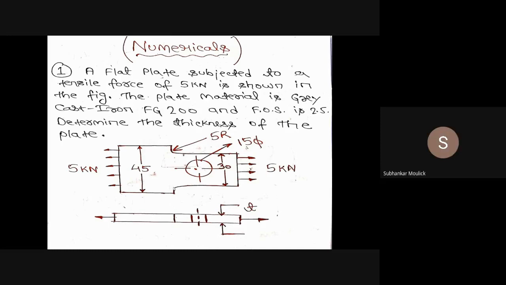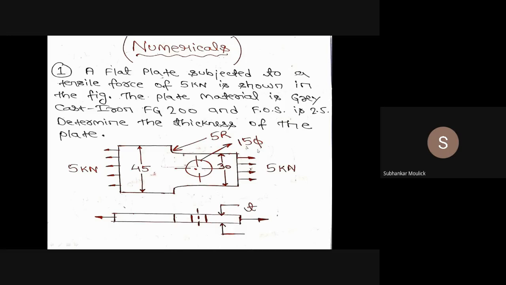It is partly correct and partly incorrect. A fillet is also there. Can you see the fillet? Yes, sir. That means in this problem there are two stress concentration regions present. One is this hole section. From this section the entire component can fail due to this load of 5 kilonewton, as well as the component can fail at this fillet section whose radius is 5R. R means the radius of this fillet is 15 mm. And this circular cross section is of 15 phi.